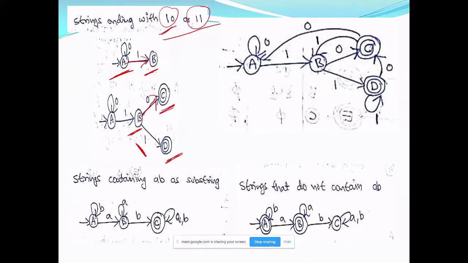These two are final states because C is for remembering when the string ends with 1 0. The last two symbols are 1 0. D is for when the last two symbols are 1 1. Now let me go for C transitions. So now the last two symbols are 1 0. If you get a 0, then the last two symbols will become 0 0. And this 0 0 is not required for me because at the end I should have 1 0 or 1 1. But when it is 0 0, I am going to A because A will remember nothing, or your string does not match the pattern with 1 0 or 1 1. So I am going to A.